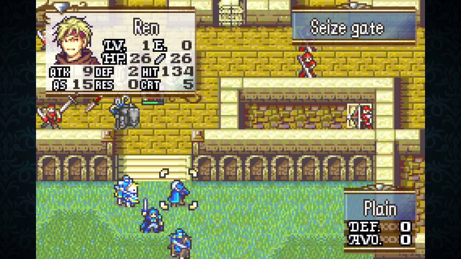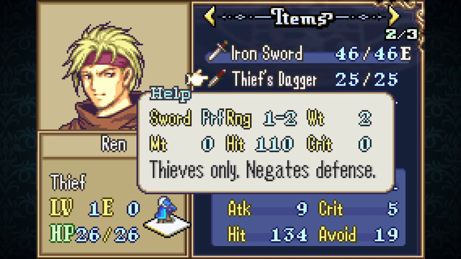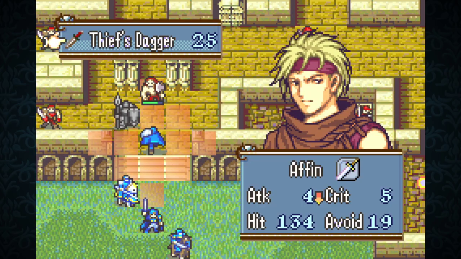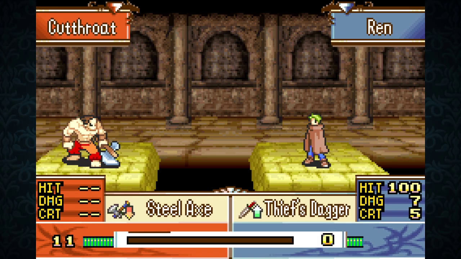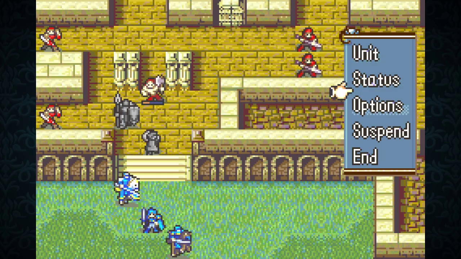Before that, I want to show off that Ren, our thief, has a thief dagger. It's a no might, but it negates defense. A very classic Kaga style, but 1 to 2 range attack. And it has a special animation. Very cool. Alright. That should be...